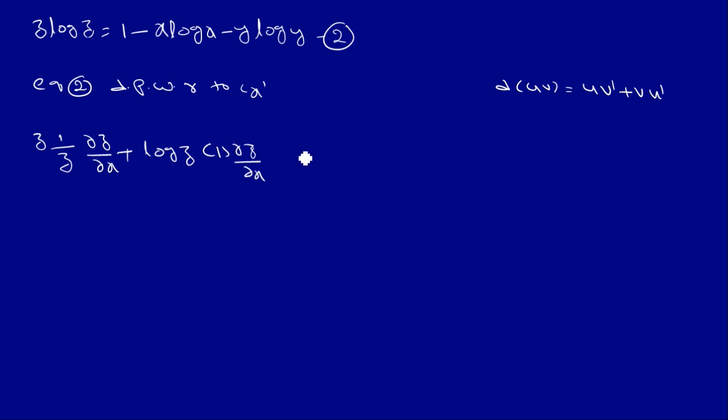That equals the constant's differentiation 0, minus UV, with the same formula applied: x into differentiation of log x, which is 1 by x, plus log x into differentiation of x, which is 1. Plus y log y gives 0, because with respect to x, y is constant, and with respect to y, x is constant.